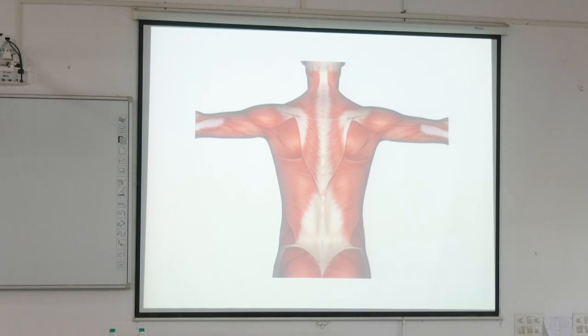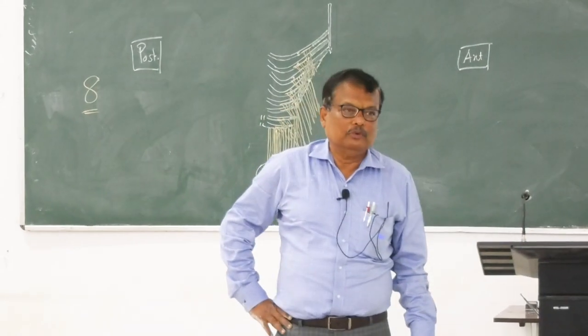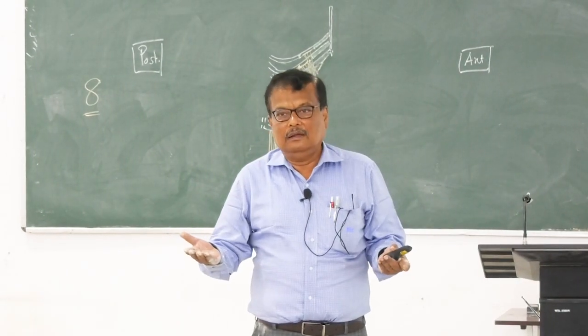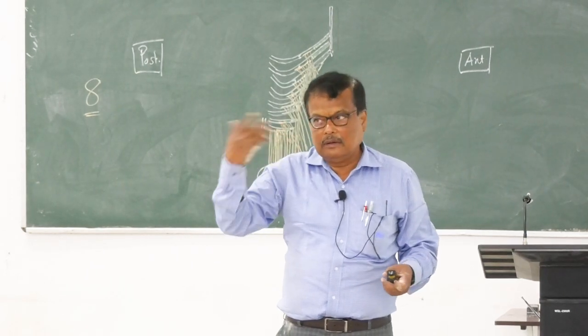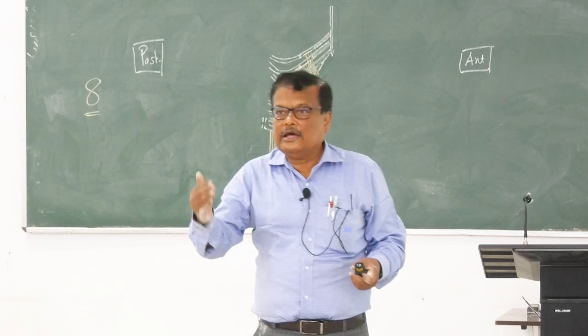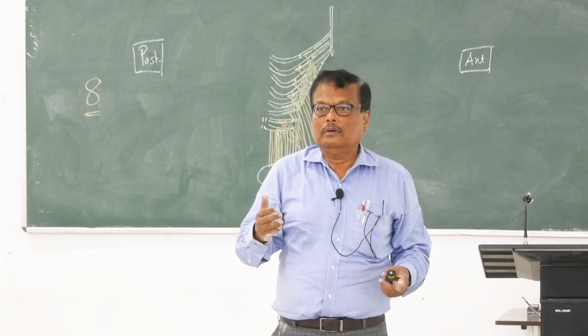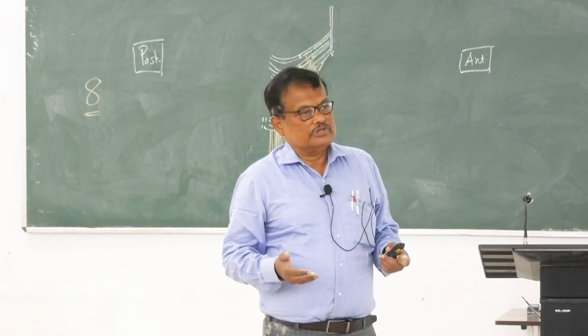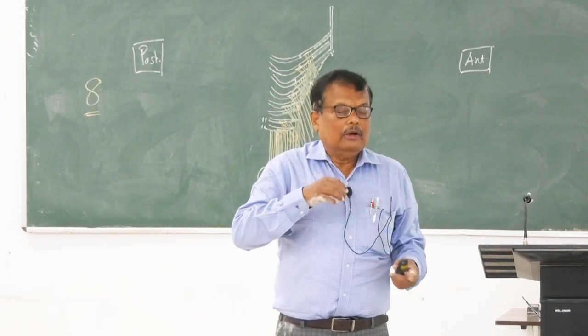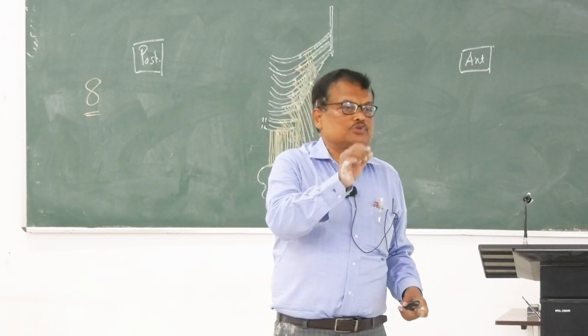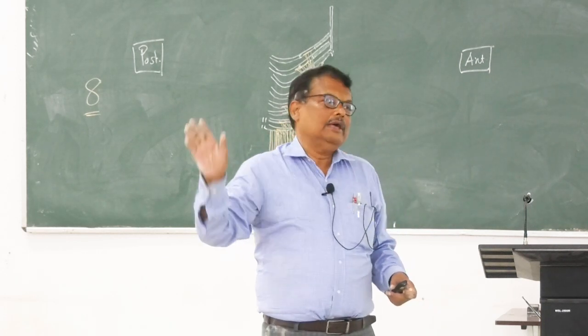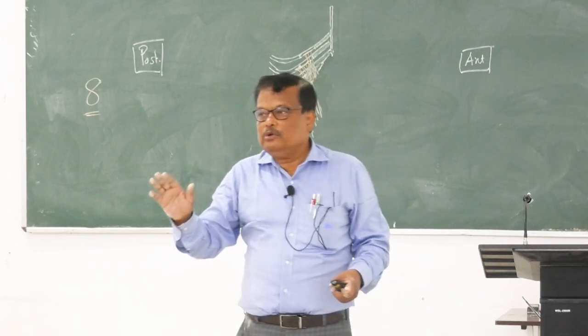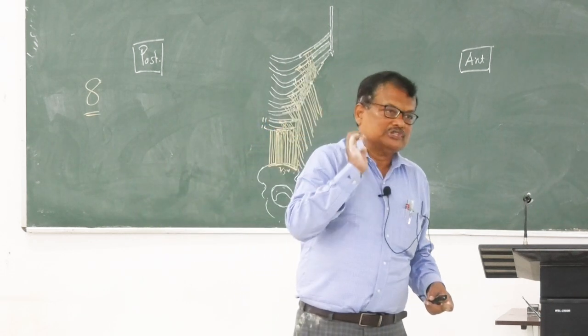Aponeurosis is nothing but a flattened tendon. If we beat a tendon and make it long and thin like this, then we call it aponeurosis. Especially when a flat muscle attaches to the bone by a flat sheet of deep fascia, we call it aponeurosis. Histologically, when you see under the microscope, the cells which are found in the tendon are also found in the aponeurosis. So, aponeurosis is a kind of deep fascia.